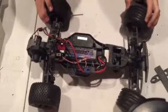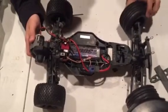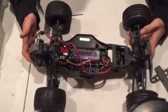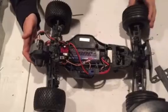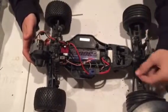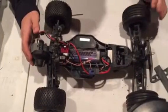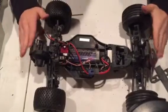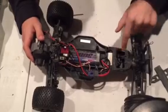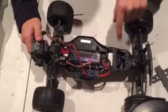The steering, as you can see, it's a really sharp steering, which I was surprised by. Everything in here is plastic, of course, which worries me a little. I would not want to hit anything too hard to break that, or even this right here, all these clips. But they've been doing good for me so far. I've actually had a few wrecks, and nothing's broken really, so the steering's really good. It's got a really complex joint in here that steers it all,